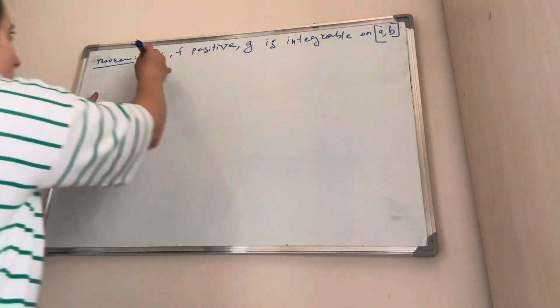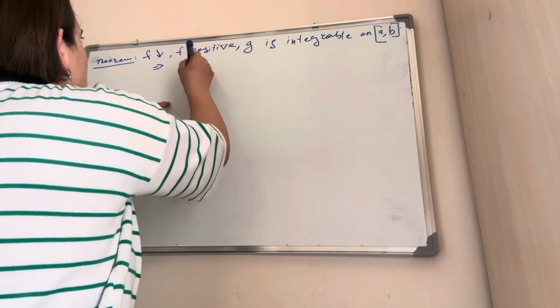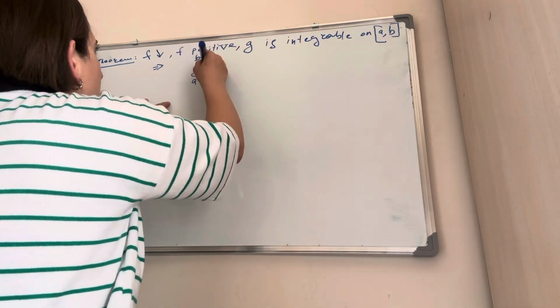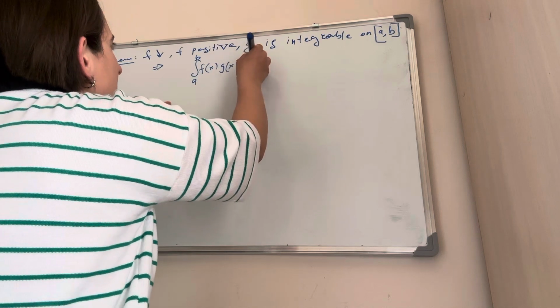Then the theorem states that the integral from a to b of f(x) times g(x) dx